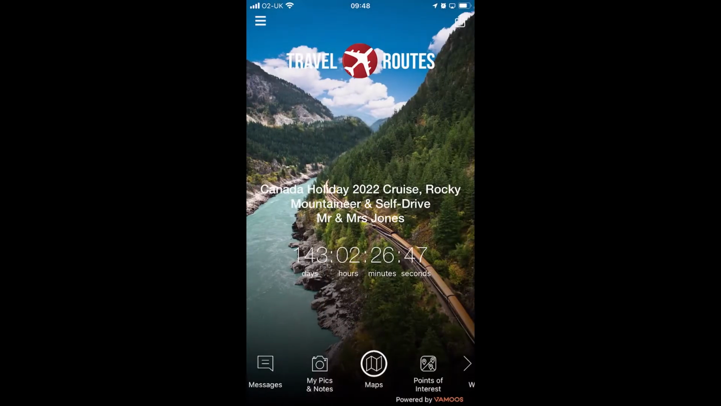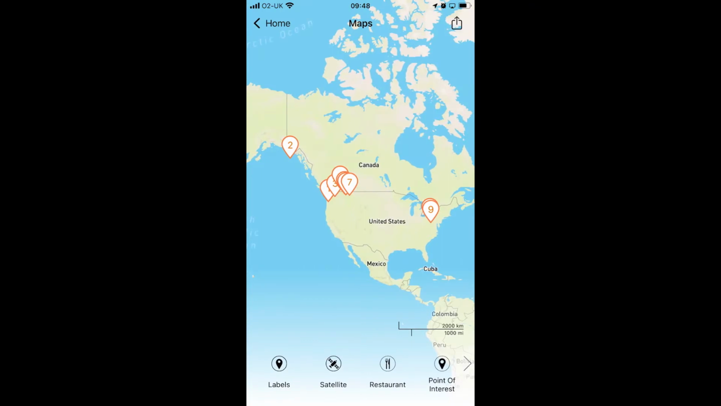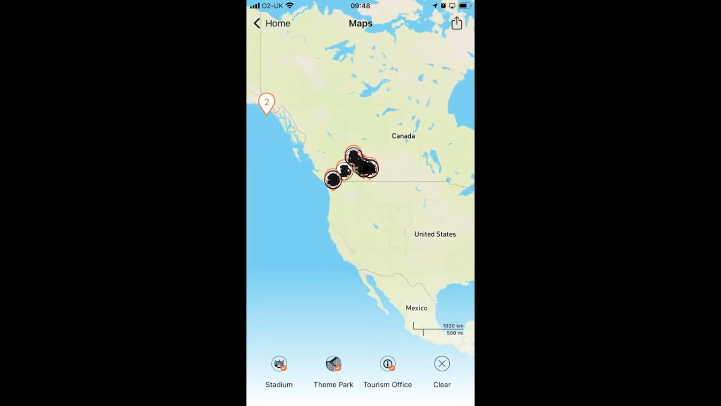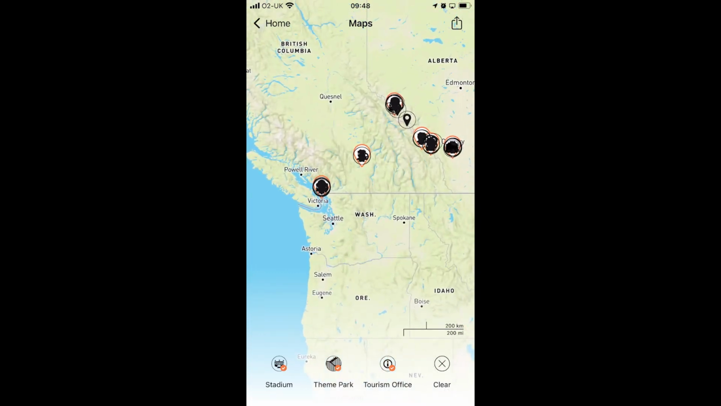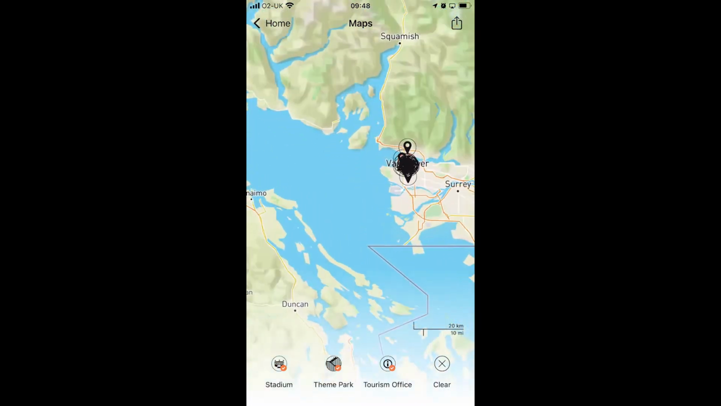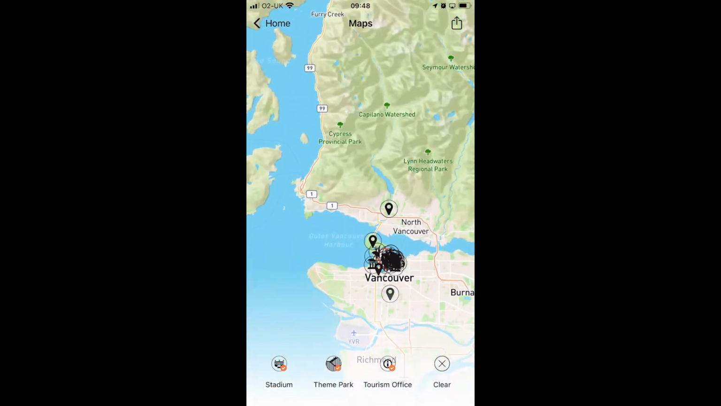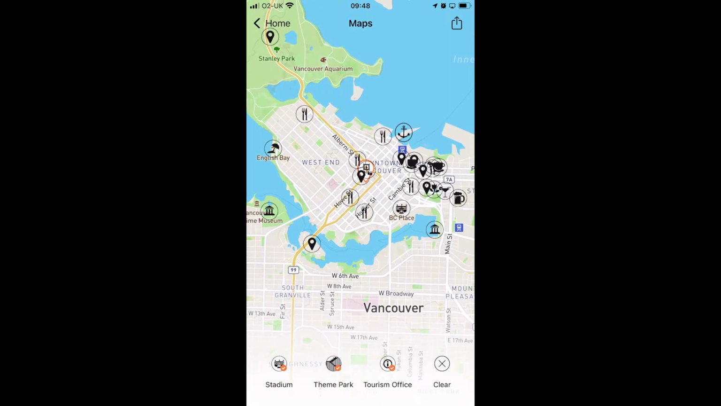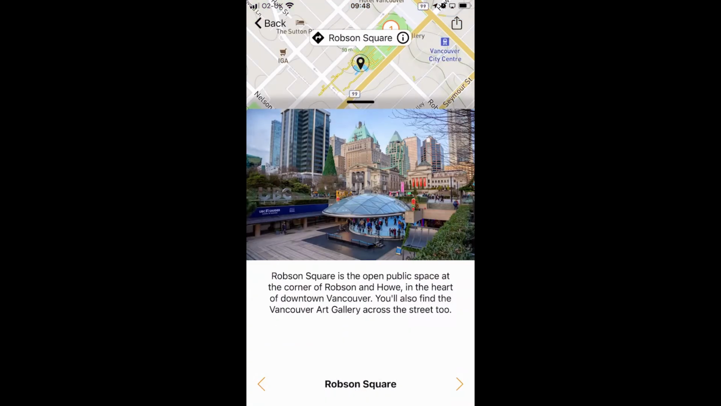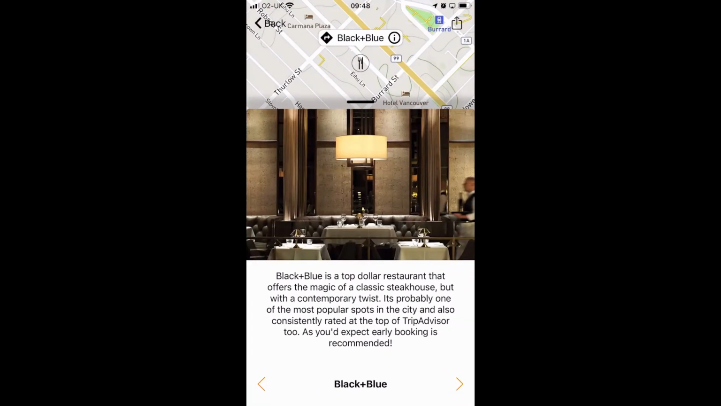The next section is the Maps section, and you'll see here this will detail all the places that you're travelling. And if you're going to one of the destinations where we also have points of interest, you'll also find on the maps all of the points of interest that we've loaded for the destinations you're visiting. This will include things like highlights, restaurants, cafes, museums, art galleries, and as you can see on your screen, we're